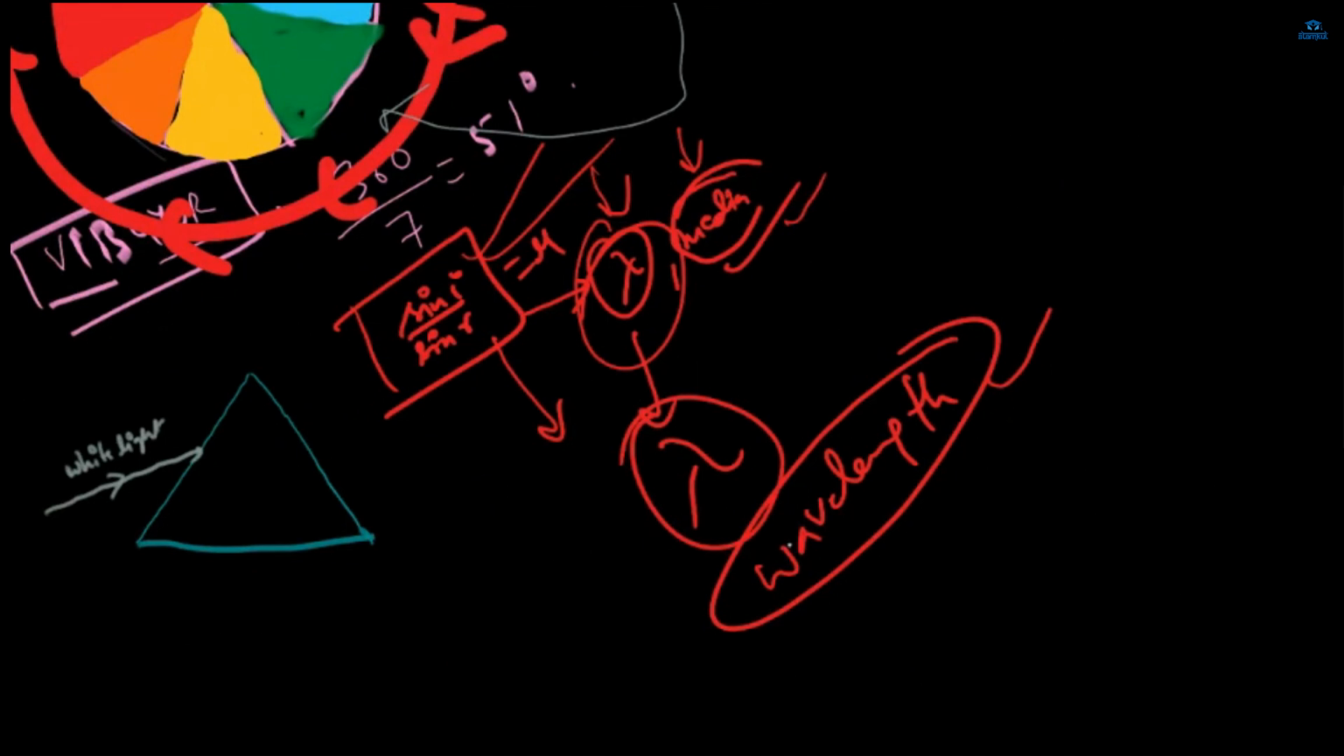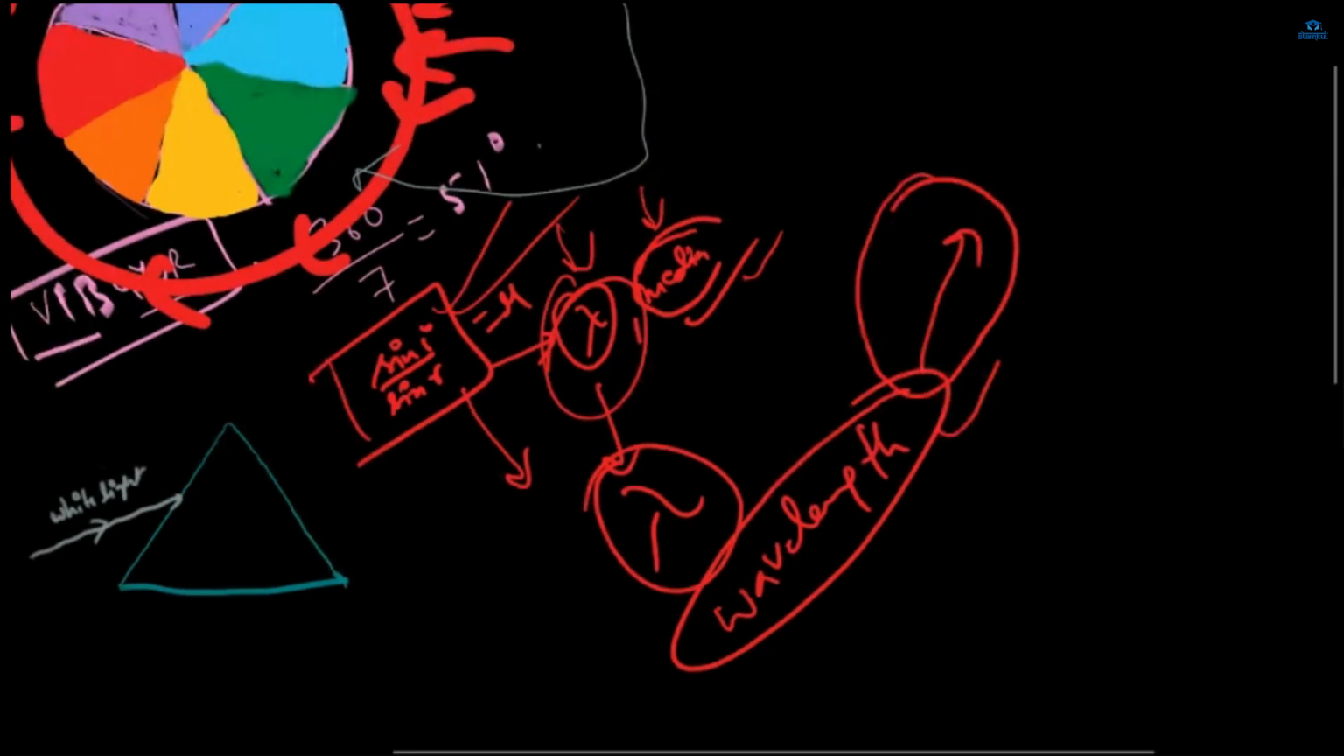And there are many more light waves whose wavelength exists, but we cannot see them. There are only a few wavelengths of light which are visible to our eyes. Like the sun